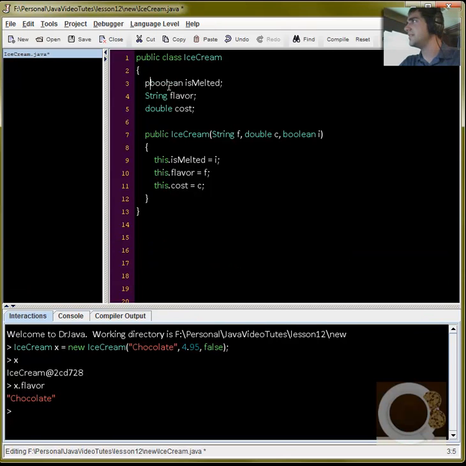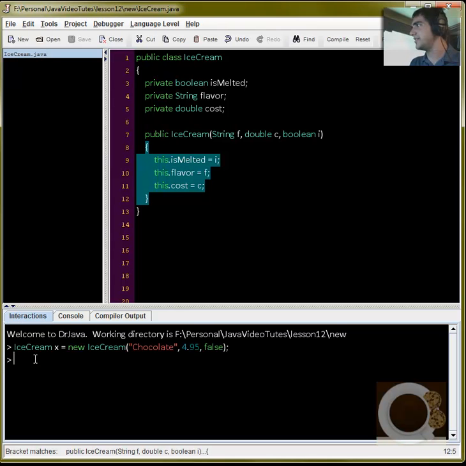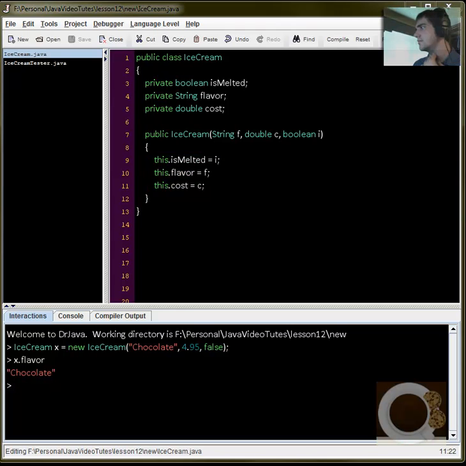Let's go ahead and make these private. And this is a good practice. Most of your fields are going to be private, and you're going to write getters and setters, and I'll show you what those are. So create private, and now if we compile this again, I'll just show you. Go back to the interactions pane and create that ice cream again. Now if we say x.flavor, oh dear. Okay, apparently DrJava allows you to access private members from inside the interactions pane,